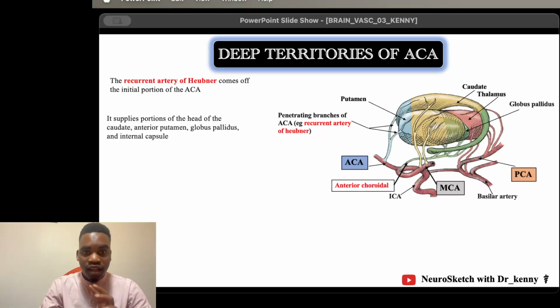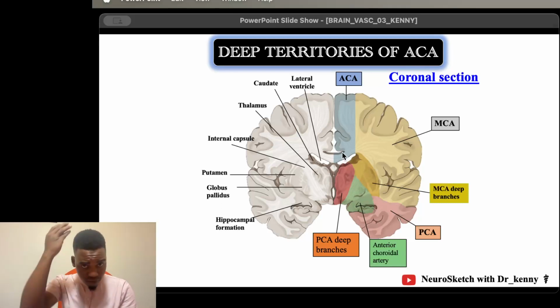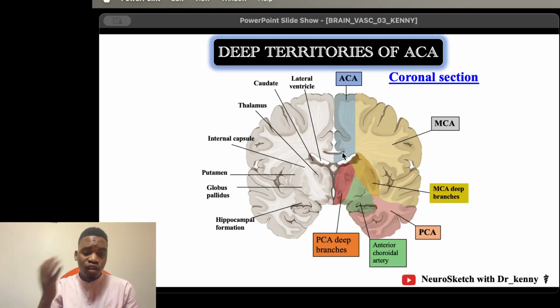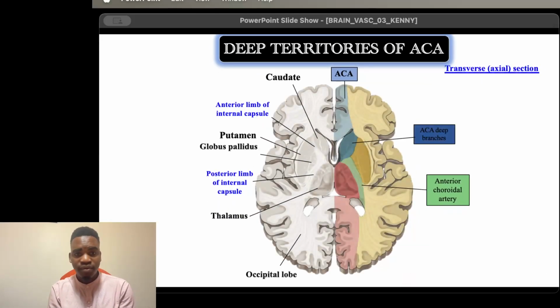What about other things? Does it supply other things? Yes. As we've said, it travels within the longitudinal fissure. Within the longitudinal fissure, it supplies this part of the frontal and the parietal lobe, and then it also supplies the corpus callosum, as we have seen. So this is the corpus callosum, but this was a coronal section. If we take the horizontal section, we can also appreciate the extent